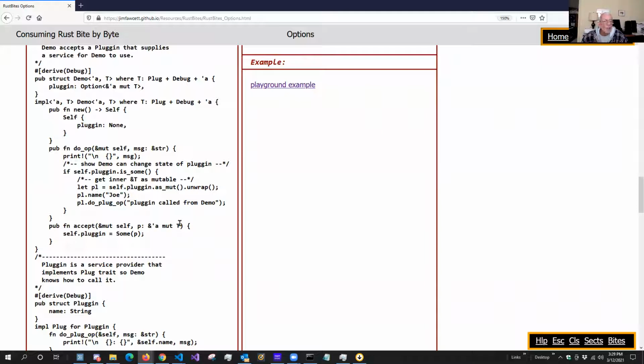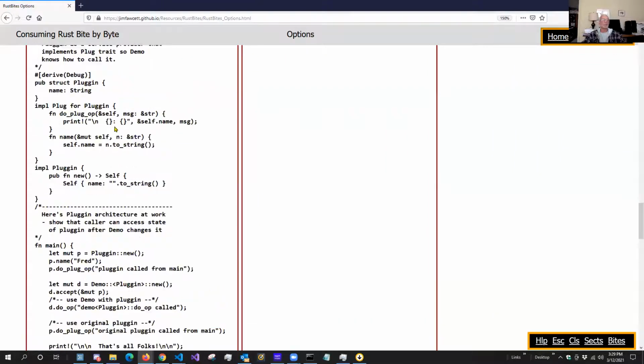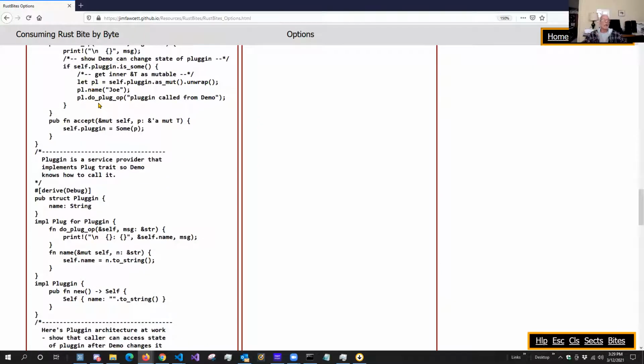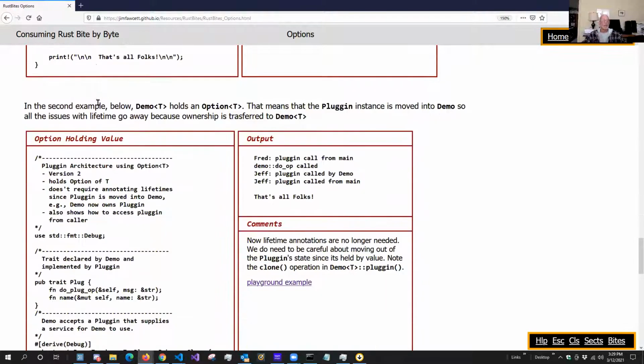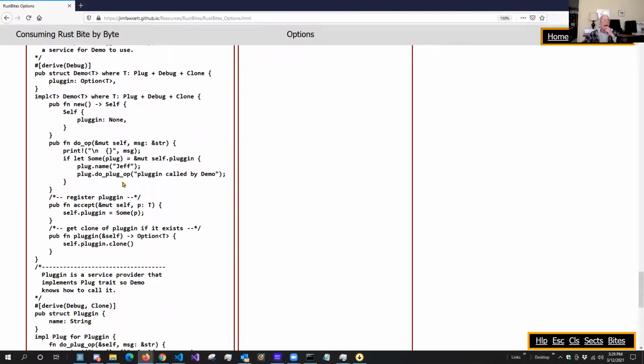reference to a mutable T. So that's my lifetime. And there are other ways around this. For example, in this example, what I did was, now my plugin